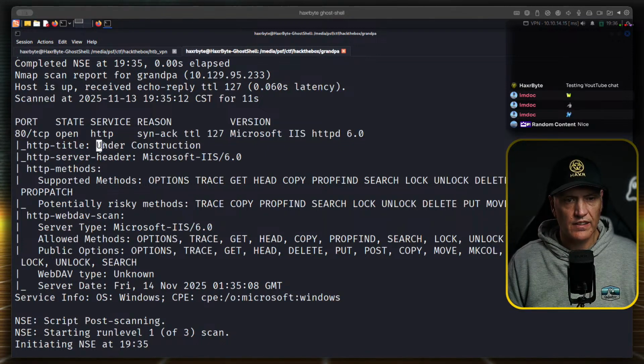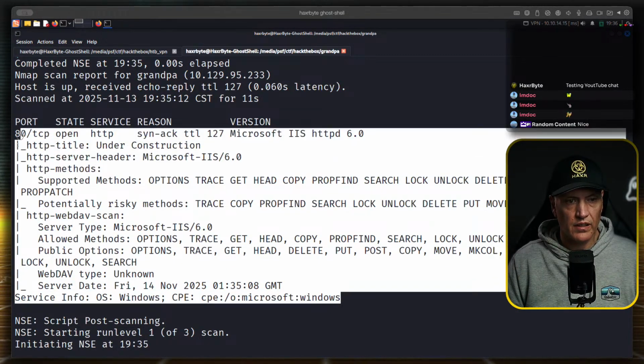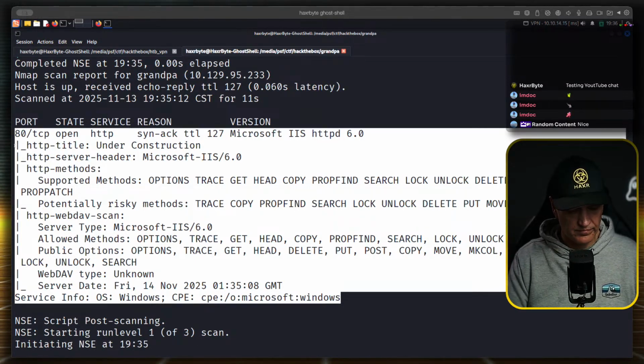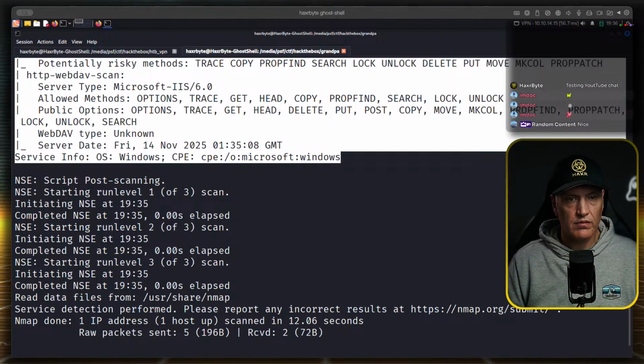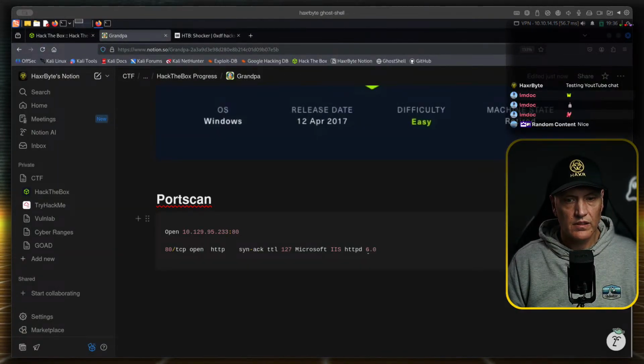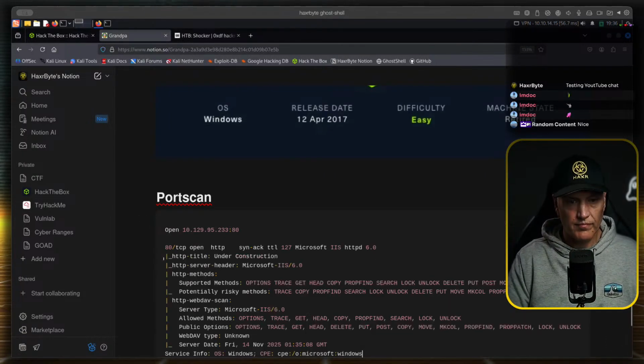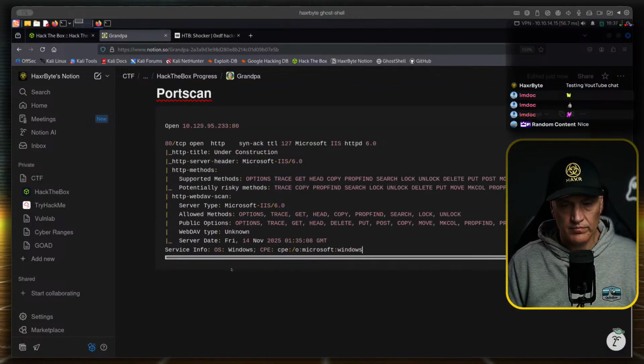The title is under construction. It's got a whole bunch of methods open. WebDAV is interesting. Let me copy this whole thing. Did it do anything else? No, just that.